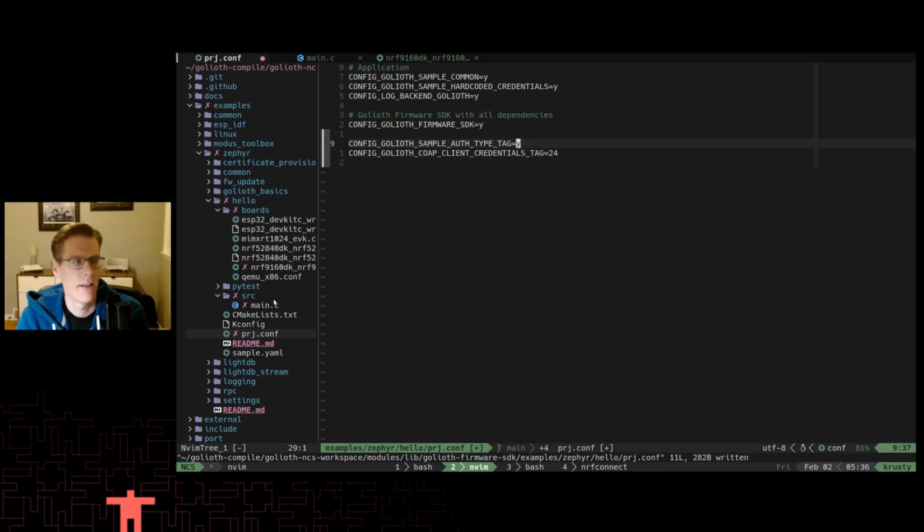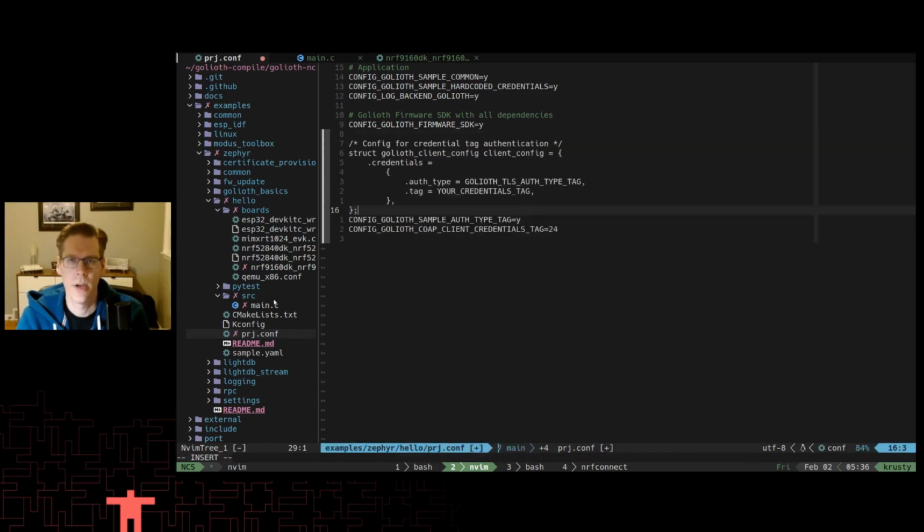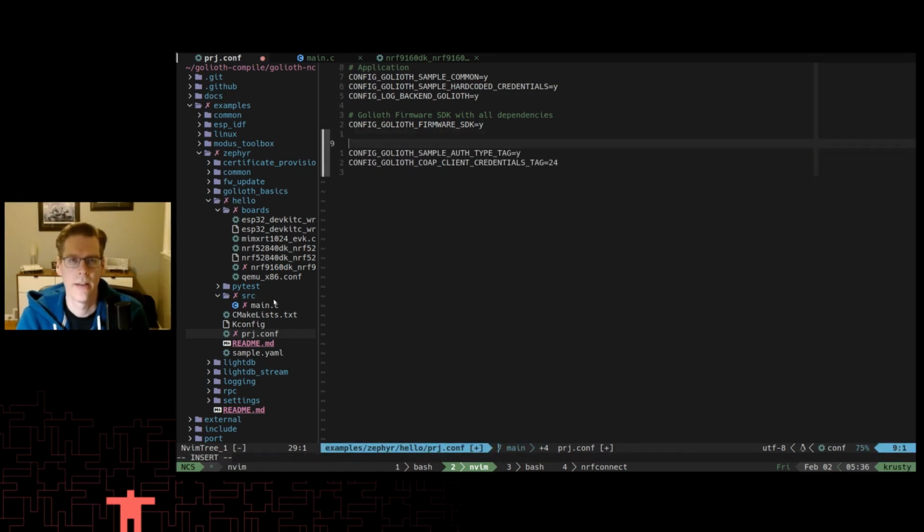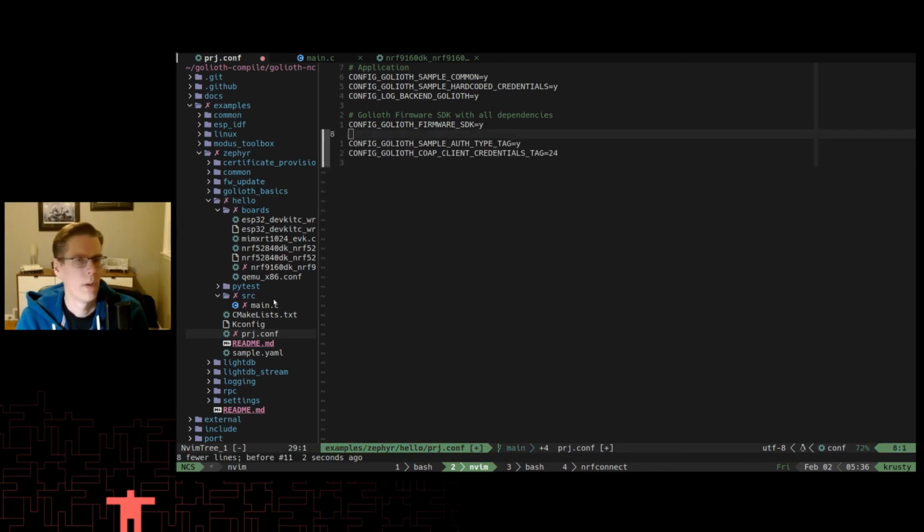And then go back to my cheat sheet here. I'm going to get the symbol to use certificates. So oops, let's not do that. What's in my clipboard? Hang on. All right,